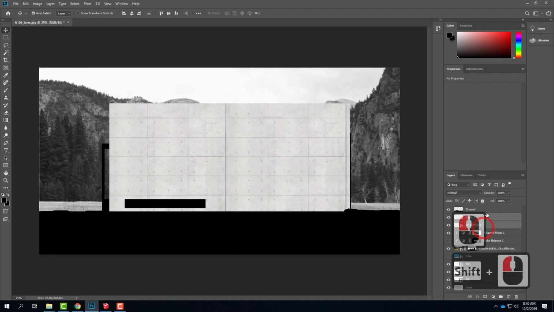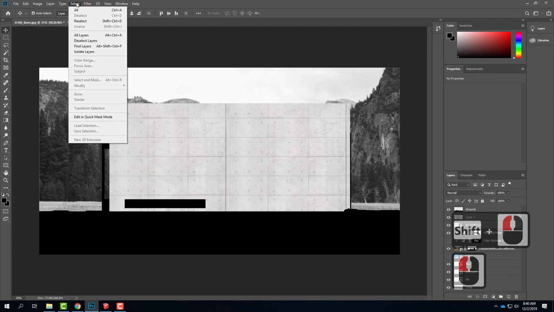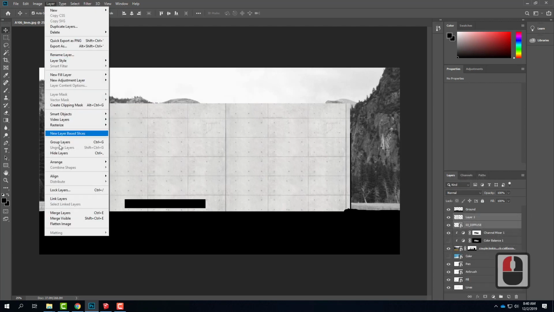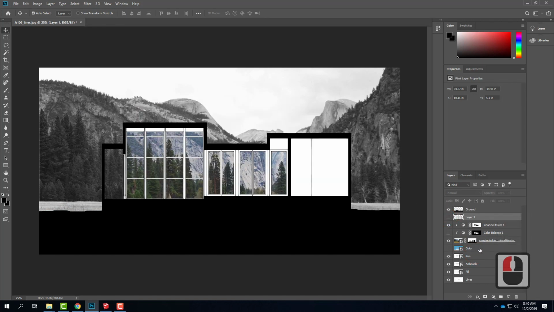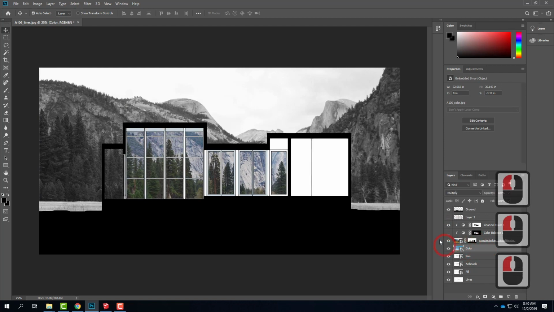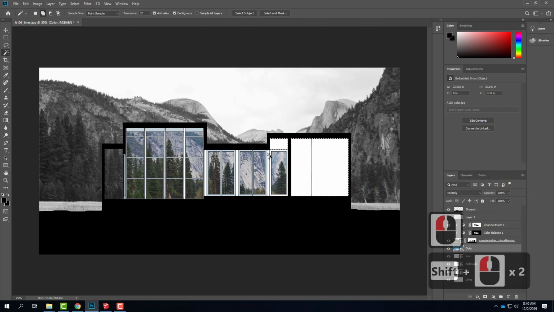I'm going to go ahead and merge those 2 together. So I'll select those 2 layers, and I'm going to go to Layer, Merge Layers, and that's going to merge those 2 into one layer. I'll turn it off for a second. I'll use my color, again, to select where I want that texture to be. So I would want it to be here, here, there, right there, right there, right there, and then right along the top,